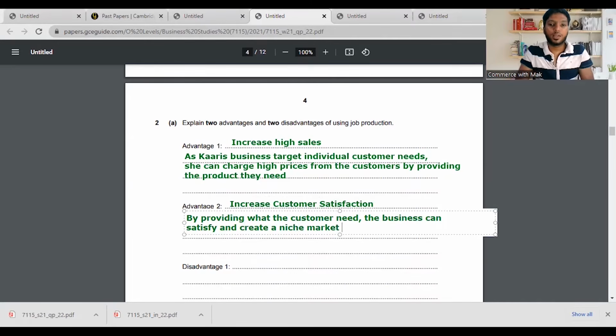Okay, so it says that by providing what the customer needs, the business can satisfy and create a niche market. So when they create a niche market, of course, the satisfaction will also bring more sales to the business. So the answer looks very similar, but from a different aspect. Create a niche market, and also this will create a satisfied